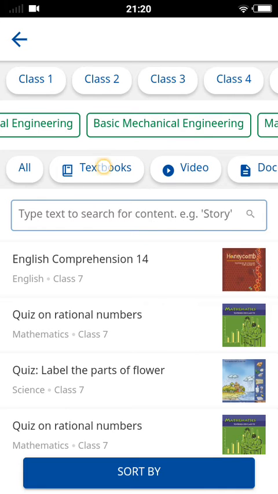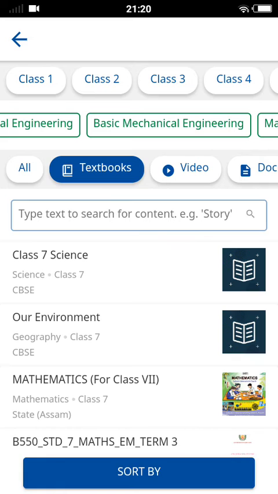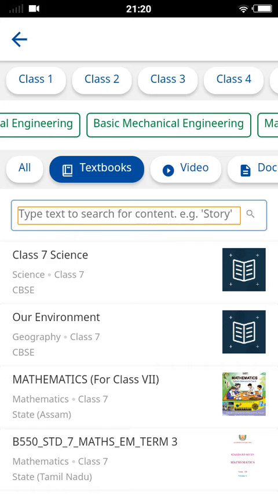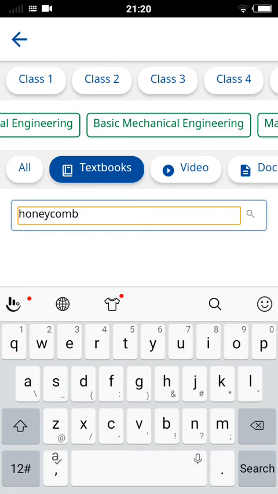See friends, in textbook, you can search honeycomb or any chapter you want.